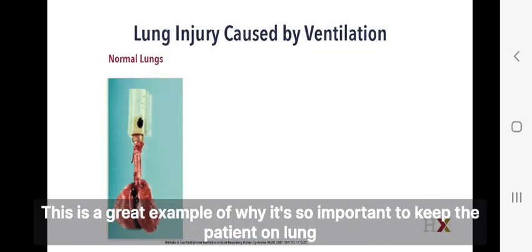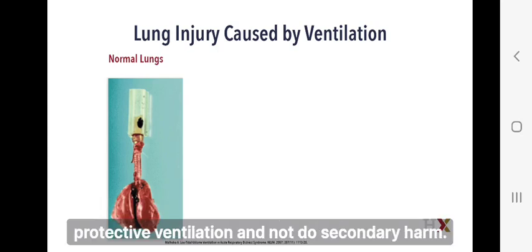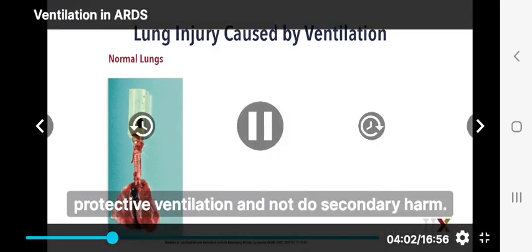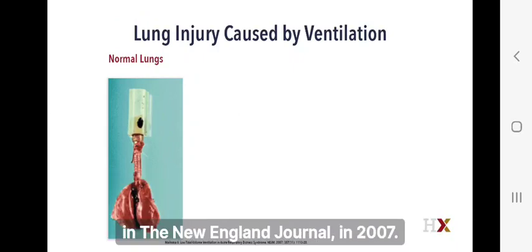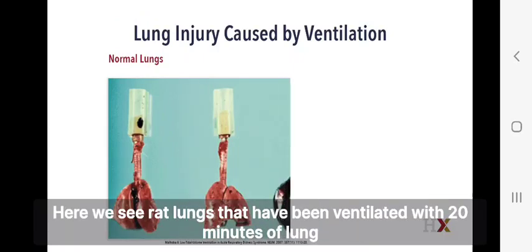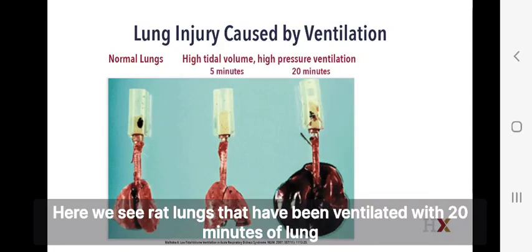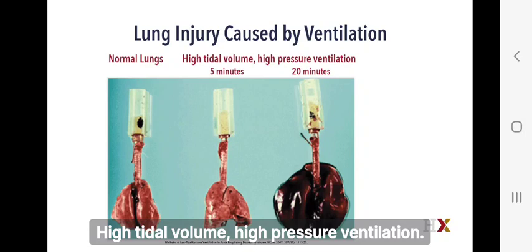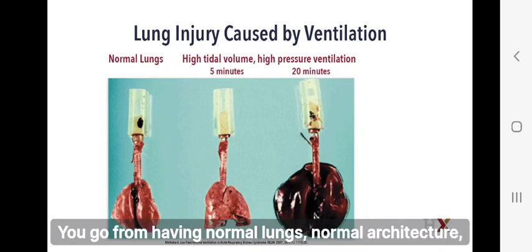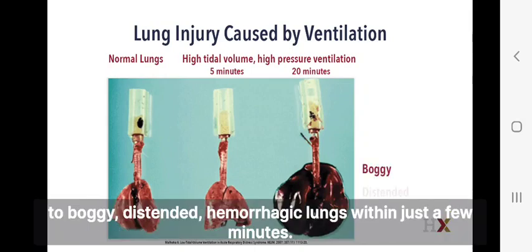This is a great example of why it's so important to keep the patient on lung protective ventilation and not do secondary harm. These are excellent images taken from Dr. Malhotra's publication in the New England Journal in 2007. Here we see some rat lungs that have been ventilated with 20 minutes of lung injurious ventilation, high tidal volume, high pressure ventilation. You go from having normal lungs, normal architecture, to boggy, distended, hemorrhagic lungs within just a few